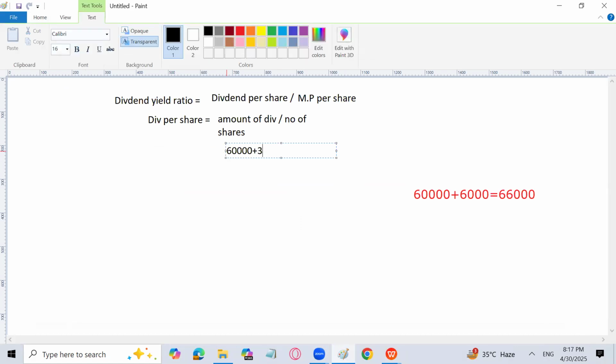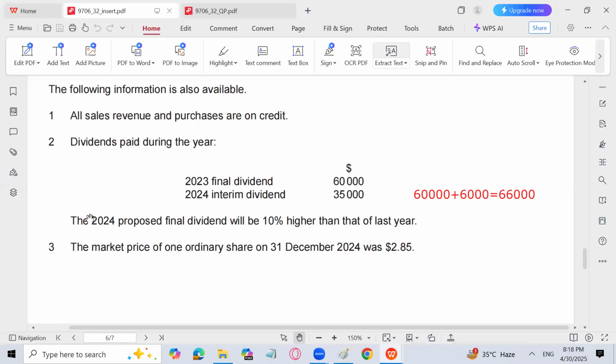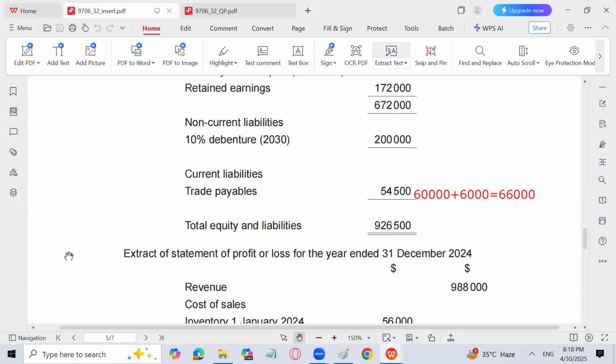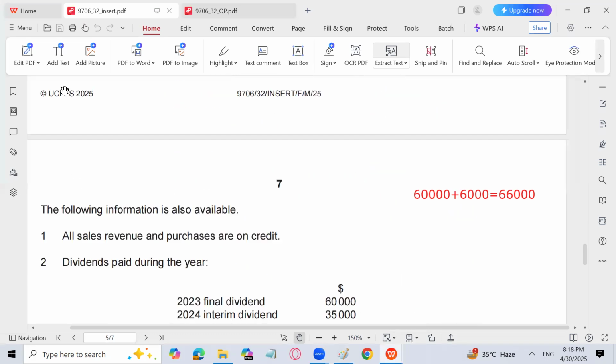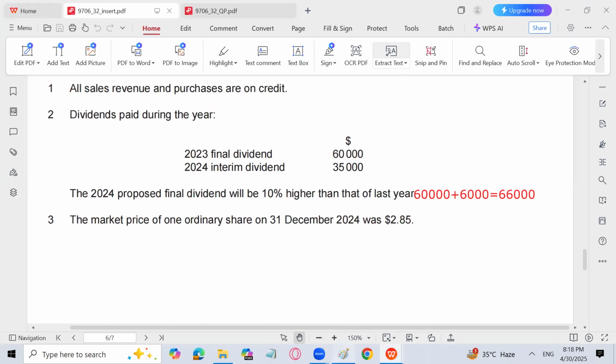60,000 plus 35,000 plus 66,000 divided by the number of shares, which is 5 lakh, you will get the dividend per share. Let's see how I got the 5 lakh shares. It is given in the question. The ordinary share capital is $1 per share and 5 lakh divided by 1 means 5 lakh shares are given. So the total is going to be 161,000,